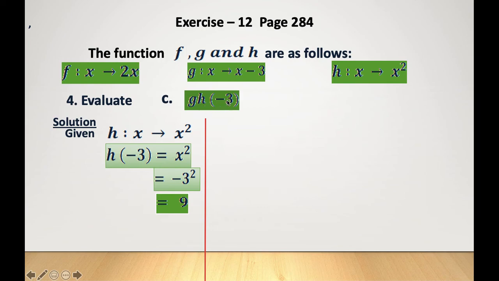Now here we first performed h of negative 3 to get 9. Now we will perform g of h of negative 3. Your g of x is x minus 3, right? So g of h of negative 3 uses this value as x. Your h of negative 3 is what? 9. So g of 9 is going to be,